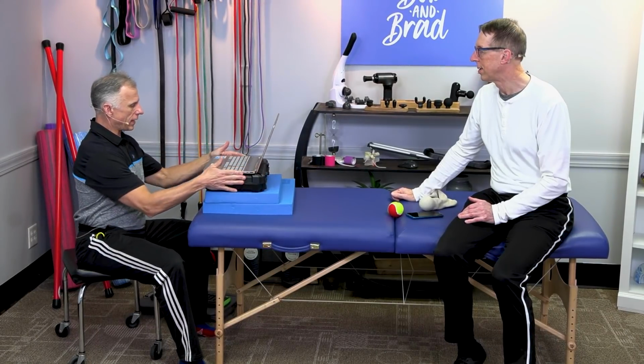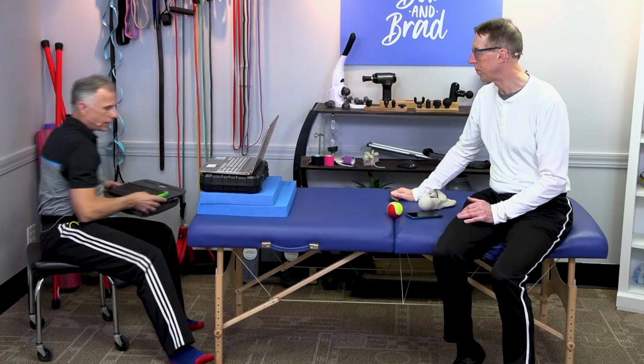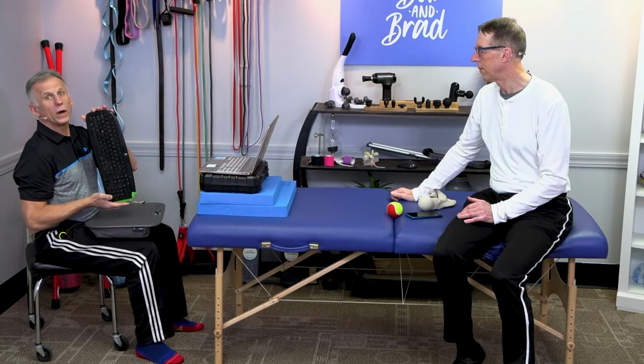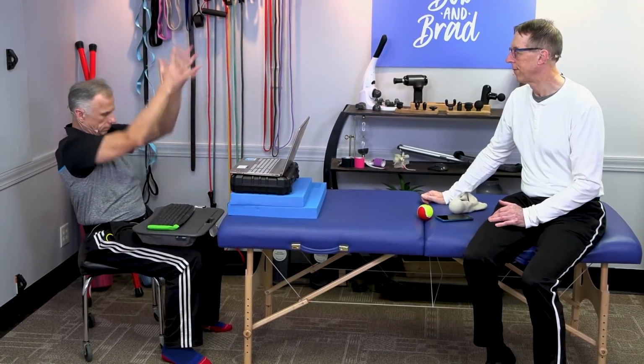Get it up. And actually, I would want this a little bit higher. Yeah, a little bit higher. And then, if you've got a laptop, go get yourself a wireless keyboard for about $20. Get it hooked up and